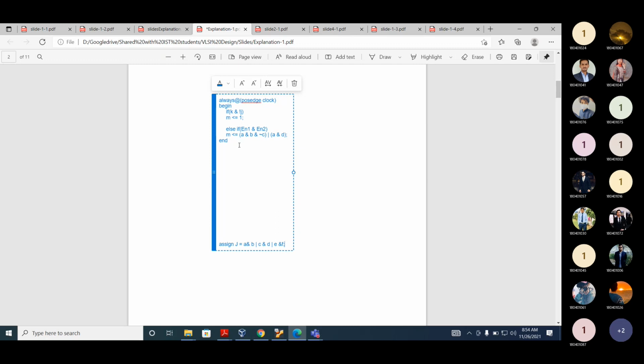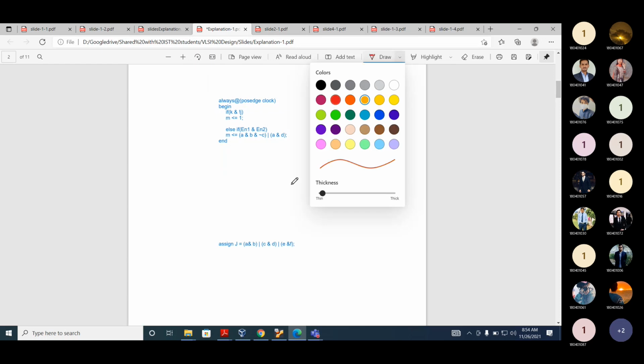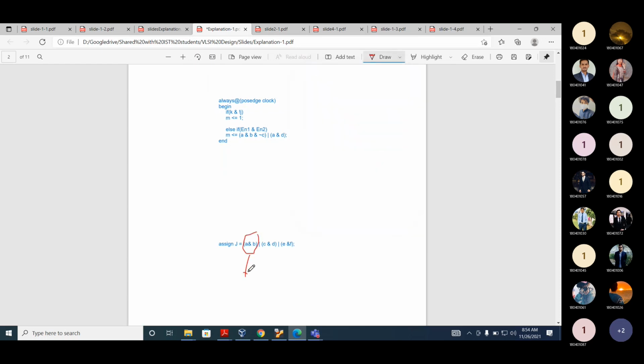If you look at this function, how many min terms do we have? We have 3 min terms: minterm 1, minterm 2, and minterm 3.